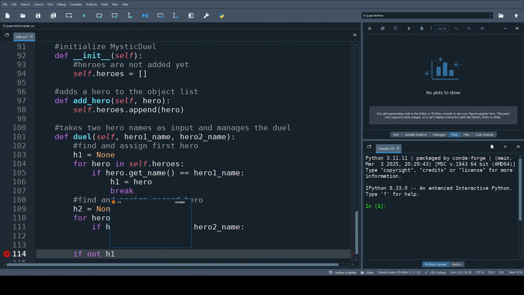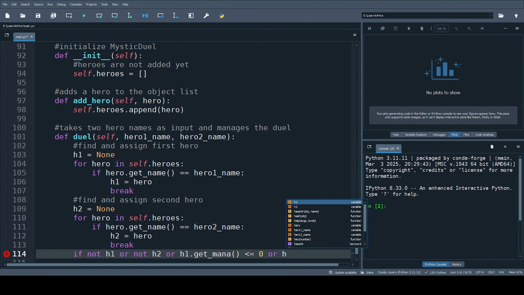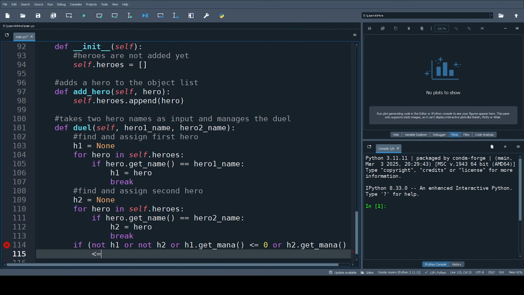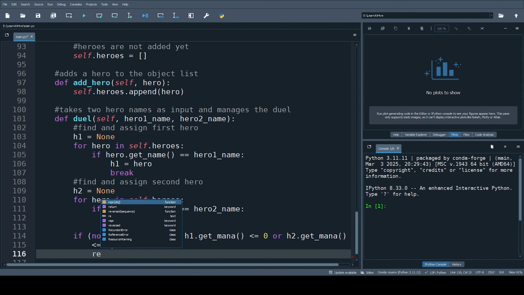If not h1 or not h2, so we check if either hero is missing, and also check if either has 0 or less mana. So type: or h1.get_mana() less than or equal to 0 or h2.get_mana(). If we want to break a line, we can use parentheses or a backslash. I will use parentheses. Less than or equal to 0. We will return